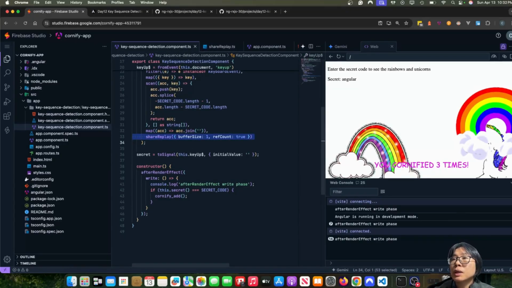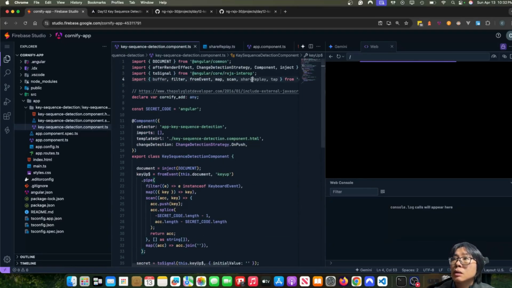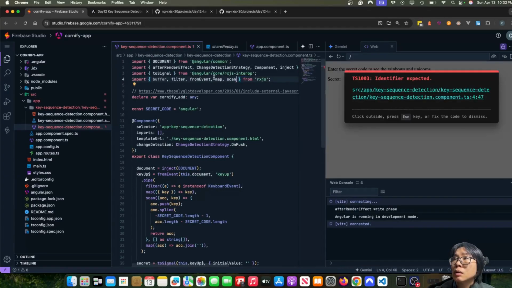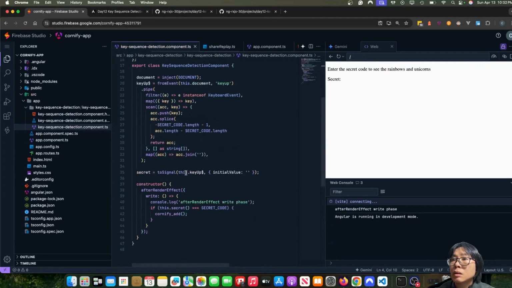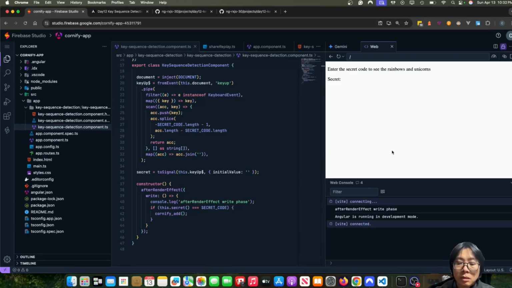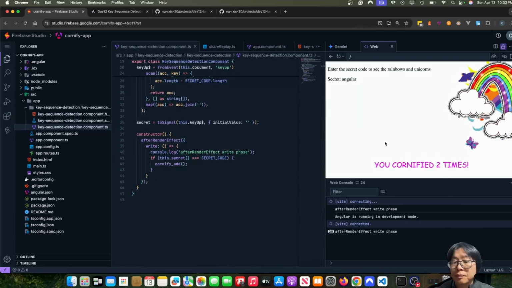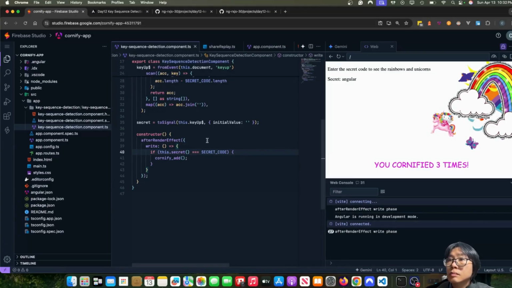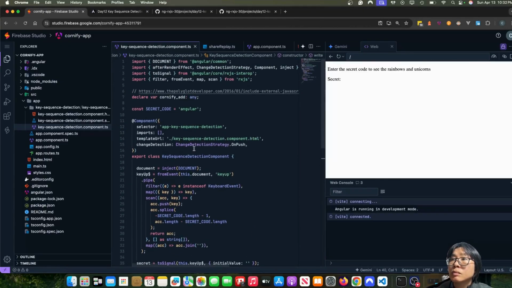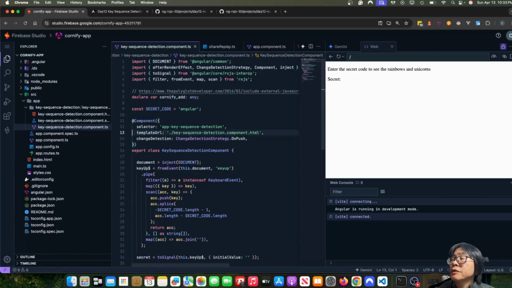I think I don't need shareReplay now because the keyUp observable is only used once inside the toSignal. Oh. Hey, awesome. That's it. I have finished my demo